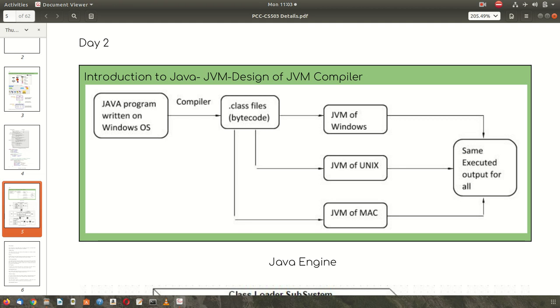So your Java on the Windows operating system helps you to do your experiment in Windows as well as other platforms.